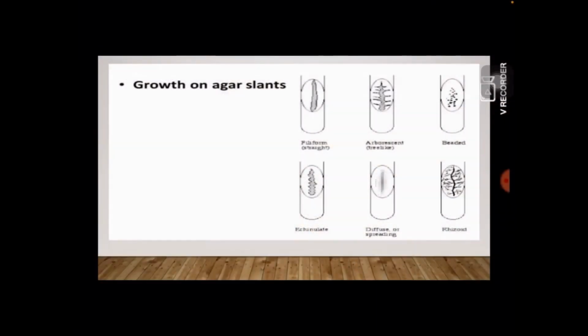Now growth on agar slant. In slants, when you inoculate with your wire loop, inoculating loop, there are also various types of colony formation. But their colony formation is different from plates. In plates, they grow in certain types, and in test tubes they grow in certain types. In agar slants, there are filiform shapes,